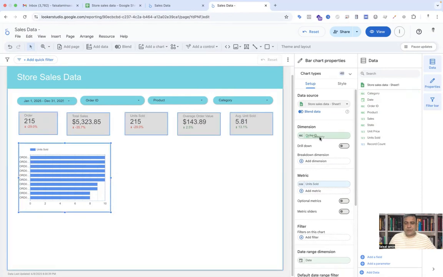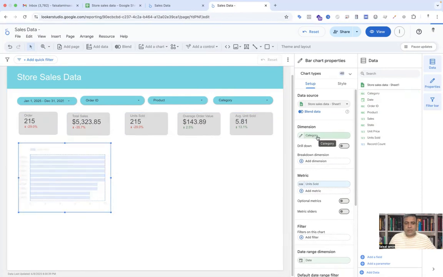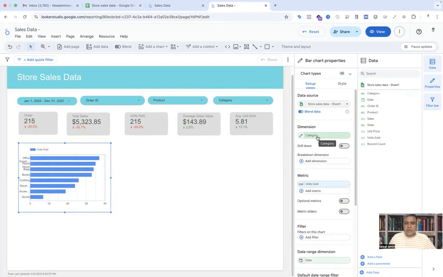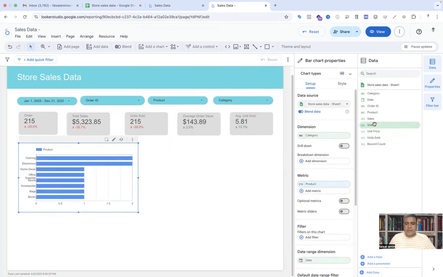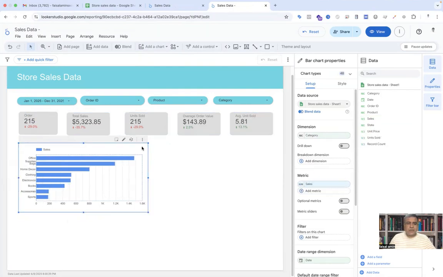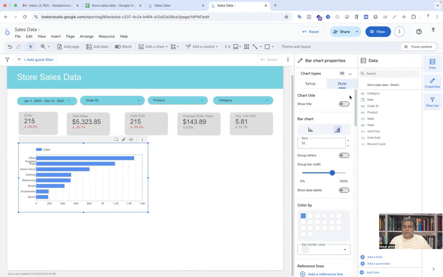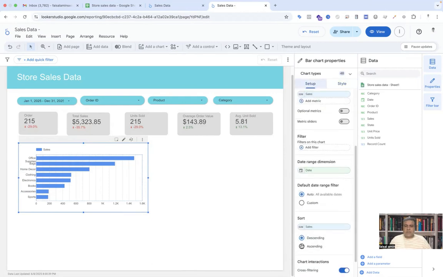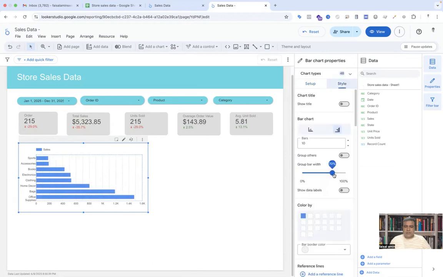Here you can see the category. So we are adding the category on it, and in the metric we are adding the product. So we are adding it, and we have to adjust it, and we have to add the sales in the metric section. So we are adding the category and sales, and back to the style and go to the style in the setup, and we have to sort the report ascending and go to the style and